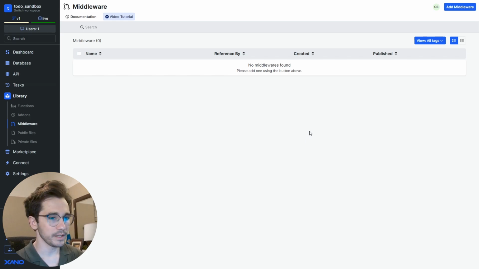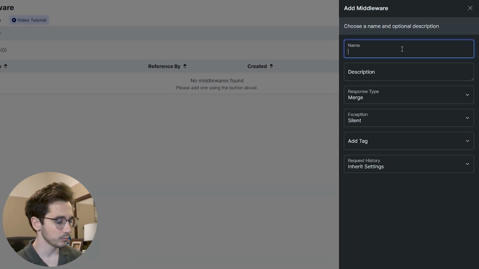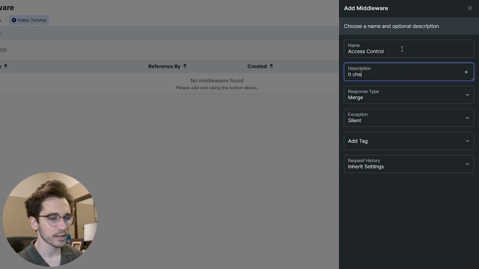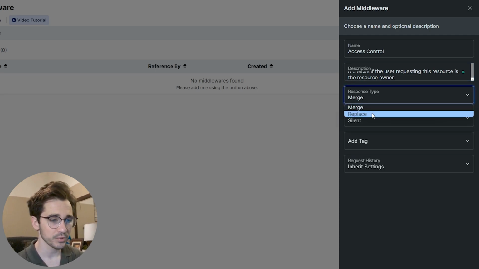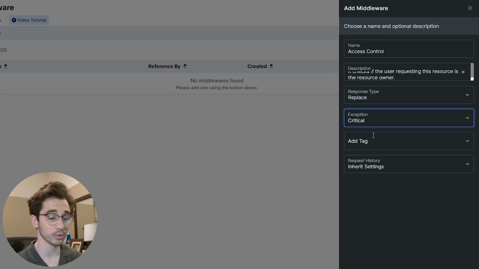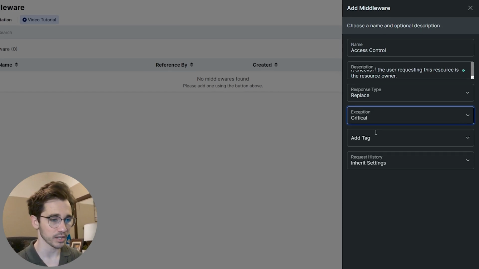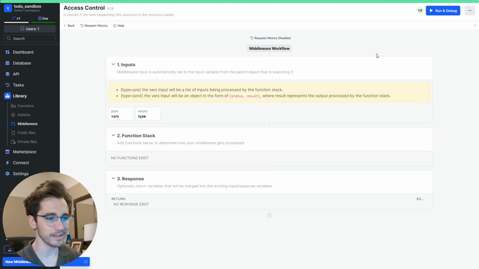Let's head to our middleware page, where in the top right, we'll click Add Middleware, and we'll give it the name of Access Control. The description: it checks if the user requesting this resource is the resource owner. So we just need a system that checks if the resource being requested is the resource owner's. We'll change the response type to replace and the exception to critical so that we can go ahead and disrupt or stop any of the endpoint logic from running